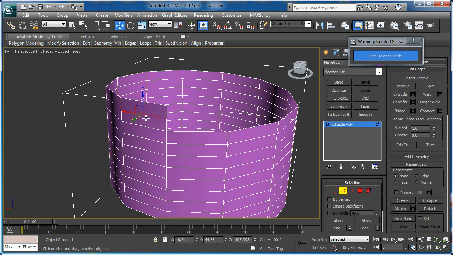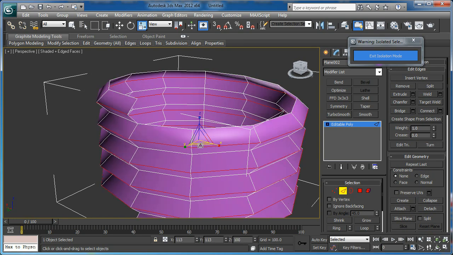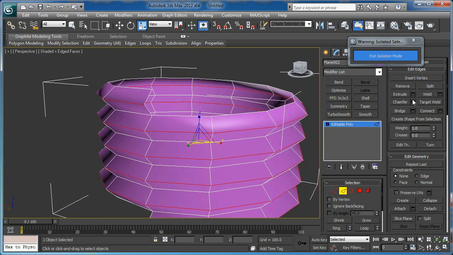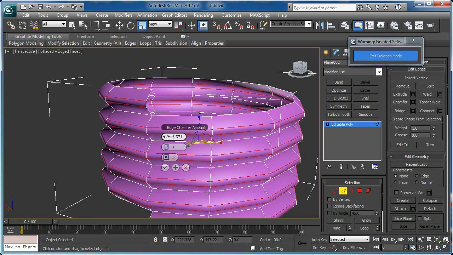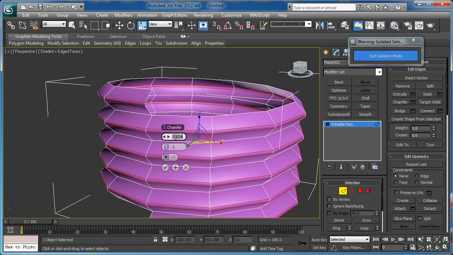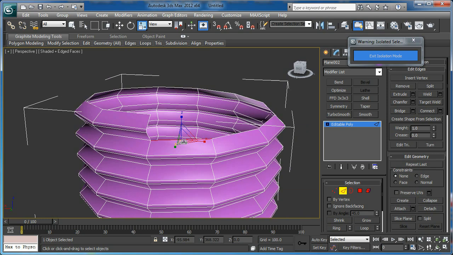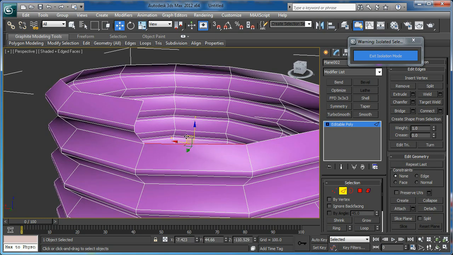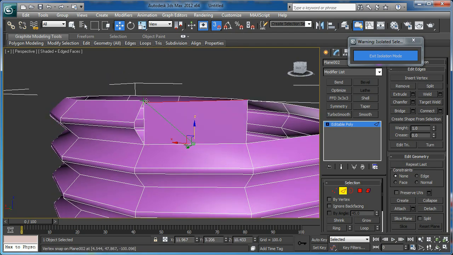After that, select this loop here and scale it up on x and y axis just like this, and apply chamfer with something like 0.8 is good, and select this edge here and click S again to turn on the snap toggle, and shift and drag to move it up to this